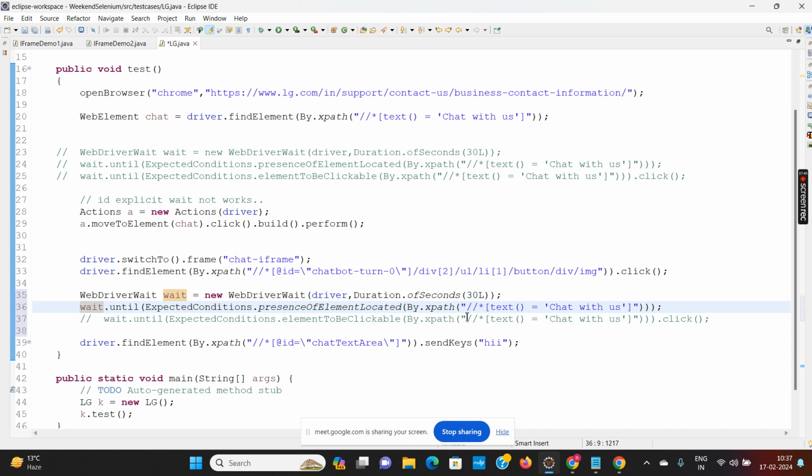Okay, wait for this element to be located, so I can write by xpath inside it, and then again,